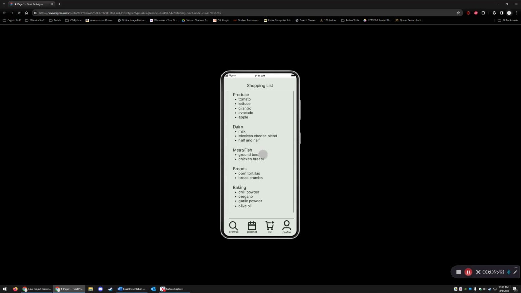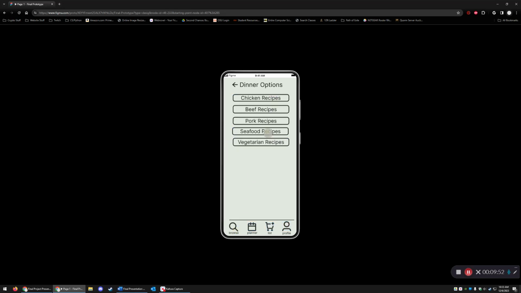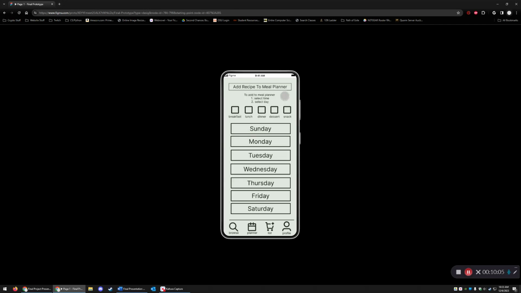If we go back to the beef crunchy tacos recipe, there was also the Add to Meal Planner button that I mentioned. So if we click on that, it takes you to this Add Recipe to Meal Planner screen. It's an intermediate screen where a user can choose to add the tacos to a day and meal such as Sunday dinner. So if we pick dinner and we pick Sunday,